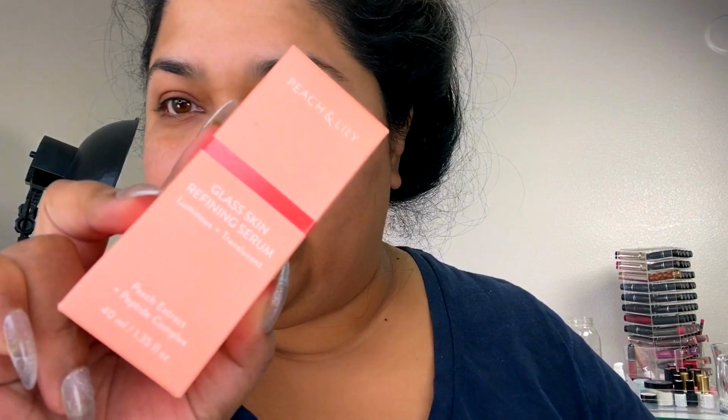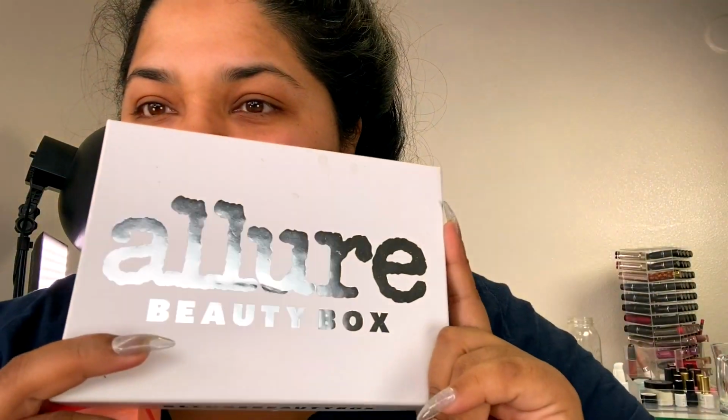Skincare first. Skincare is always very, very important to me because I love skincare. So I wanted to do this Glass Skin Refining Serum from Peach and Lily. I'm gonna go ahead and try this Peach and Lily Glass Skin Refining Serum. I got this in my Allure Beauty box, and I wanna try it out because there's tons of goodies in